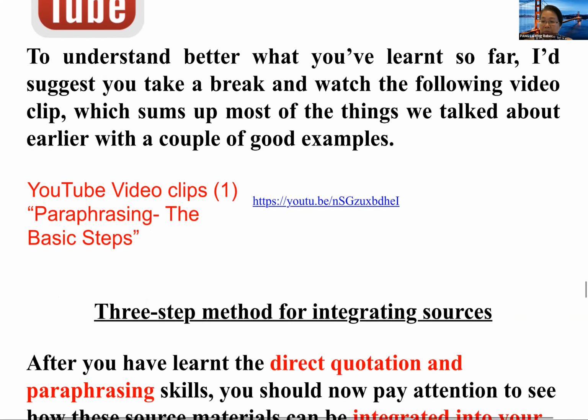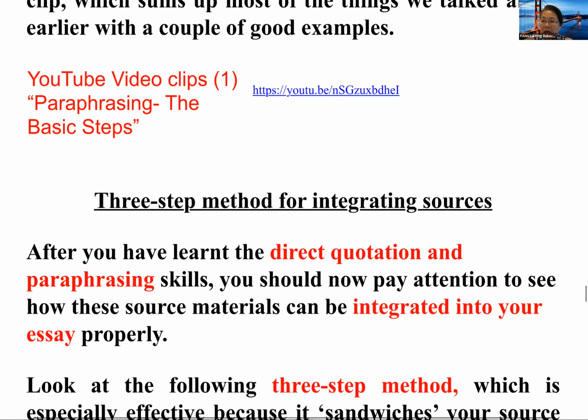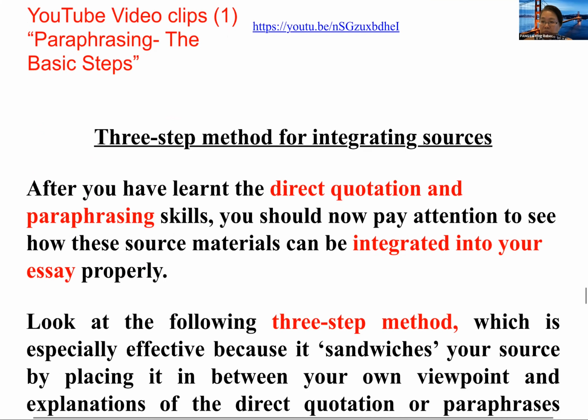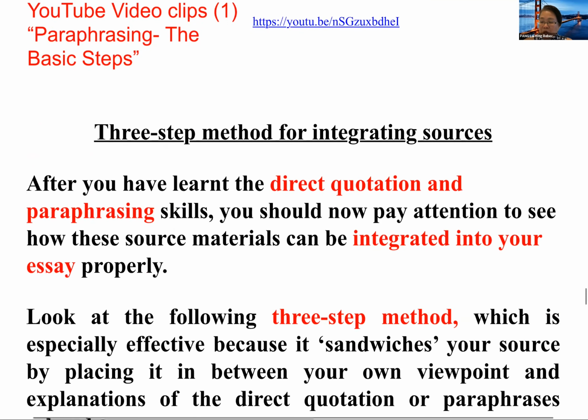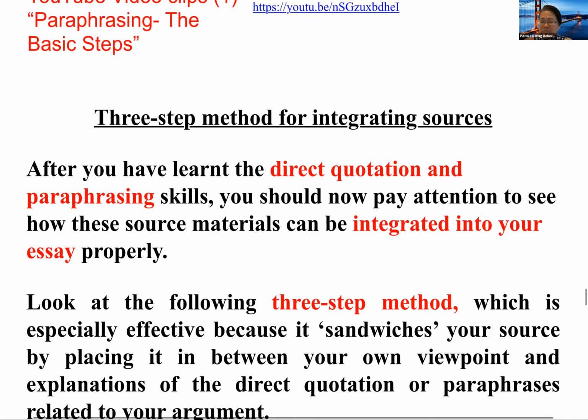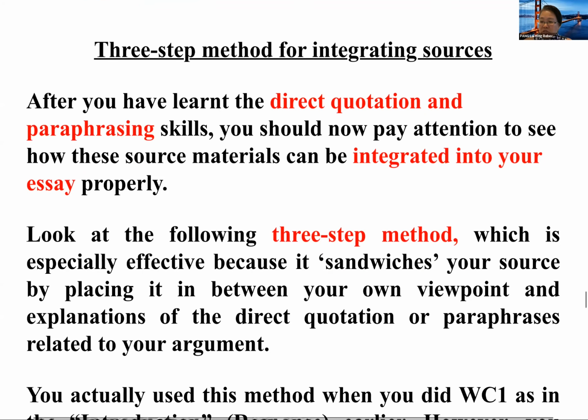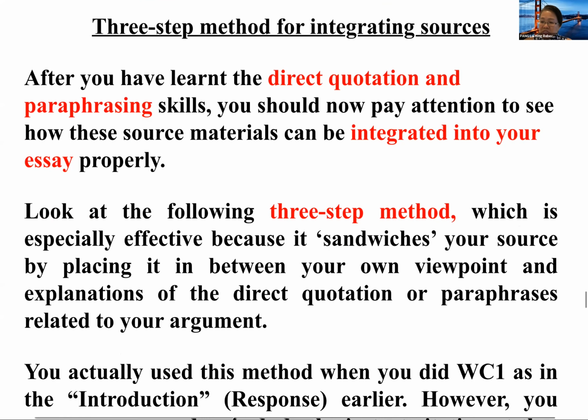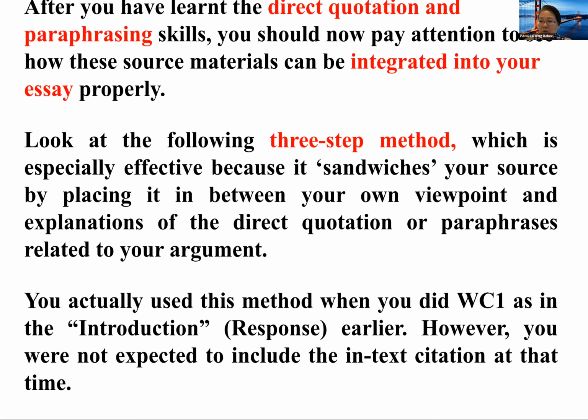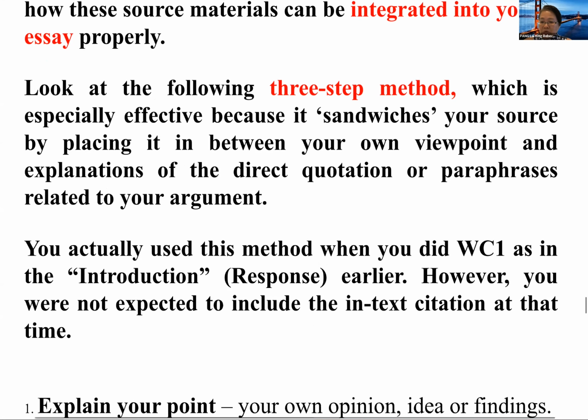All right, now, when you come back, how are you going to integrate both the quotations and paraphrases into your own essay? Sometimes it looks odd if you just put the quotation there. It doesn't look like your own writing. All right, now, in this case, I would suggest this 3-step method. Okay, actually, you did this in the WC1 already. So what does it mean by 3-step method? If you look at these steps here,